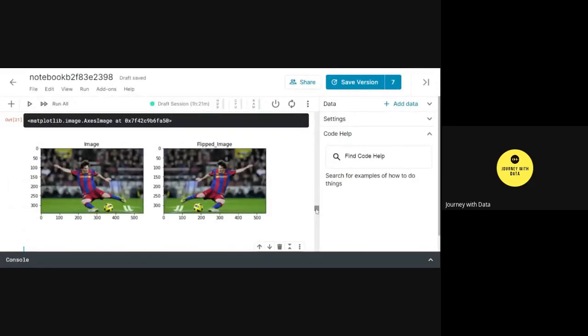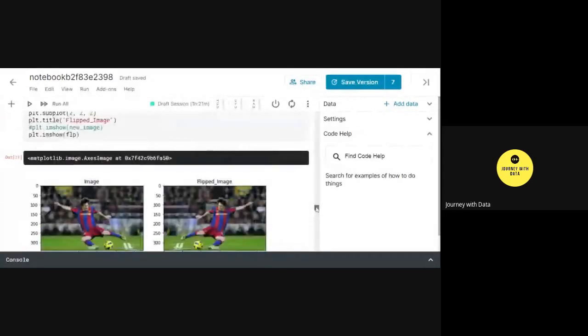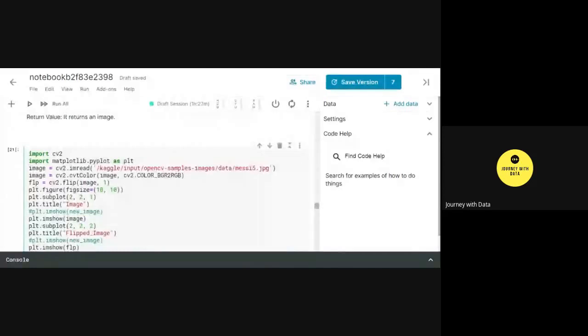See, if you notice, this image has been flipped. Just notice the scale this time. And you can also change this flag if you want to, let's say -1.